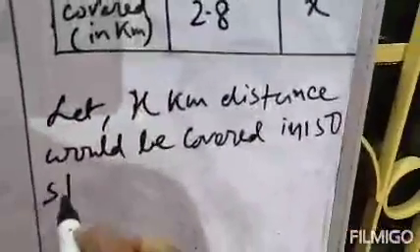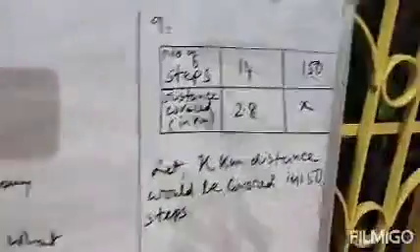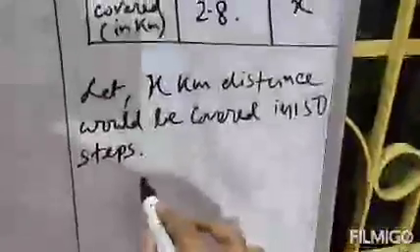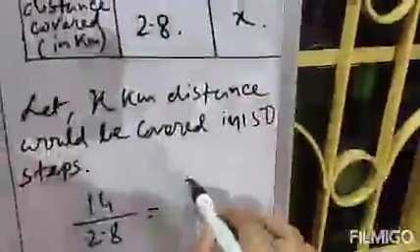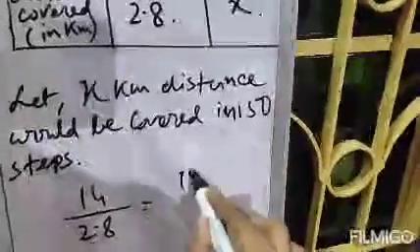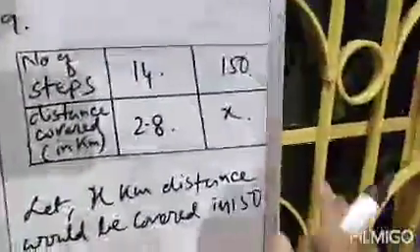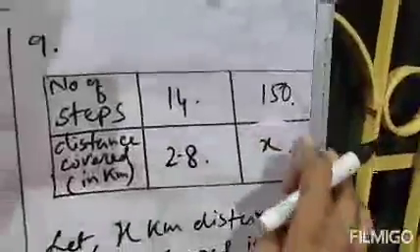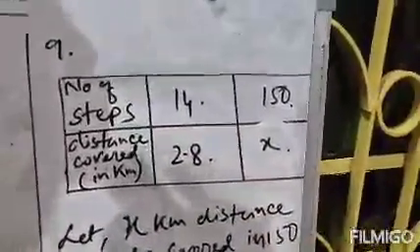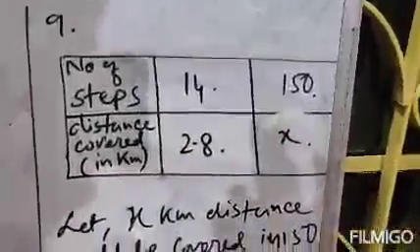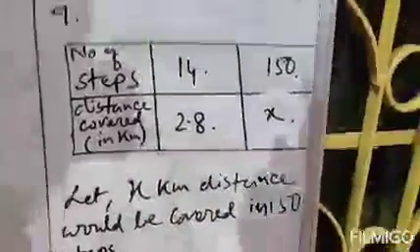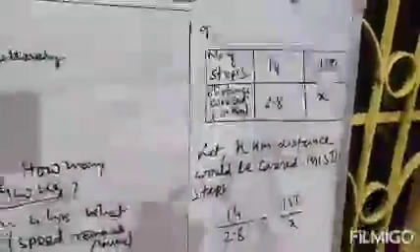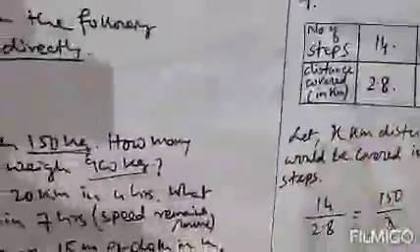In 150 steps. That means next again, as there is a direct variation, so x by y is constant. This is your x, this is your y. That means x by y is this. Also this is your x, this is your y, so x by y will be your 150 by x. You can take any variable except x. If you want to take any variable rather than x, you can take. Clear? But try to understand very carefully that as there is a direct variation, so x by y will always